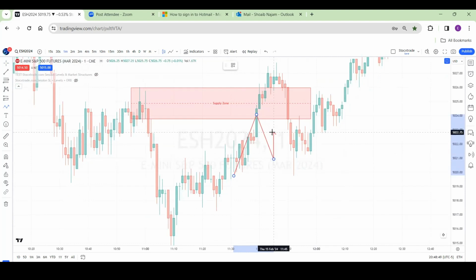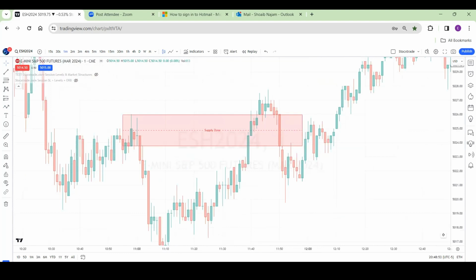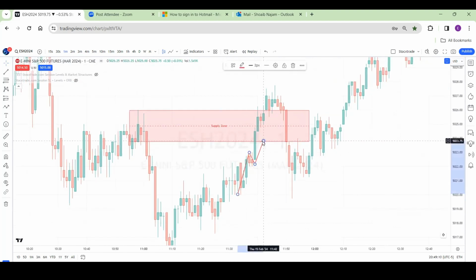But this time what happened? This time it is a clear breakout. Yes, it has gone up, and it is also closing above. But even if you see the candles up to here, it is good, at least kissing the supply zone. After that, what you need to do,